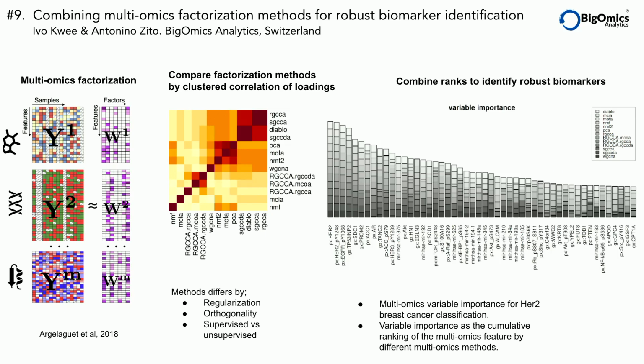To cope with this problem, we applied a new methodology which is based on normalized scores from each method and produces a total variable importance as the cumulative ranks across the methods. In a multi-omics TCGA breast cancer dataset, by using this method, we found that the first biomarker was HER2, which is the most important predictor of positivity of breast cancer to this molecule. And now the omics playground is fully equipped with this model, and we look forward to that.